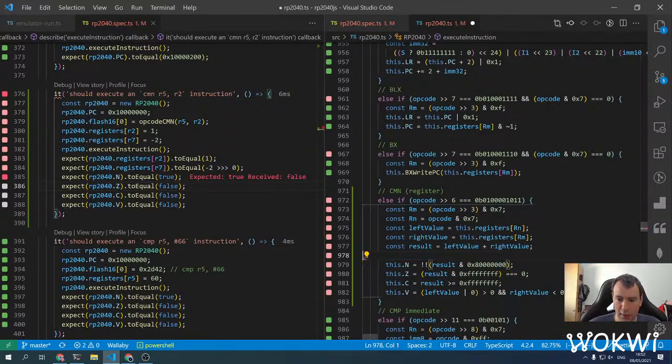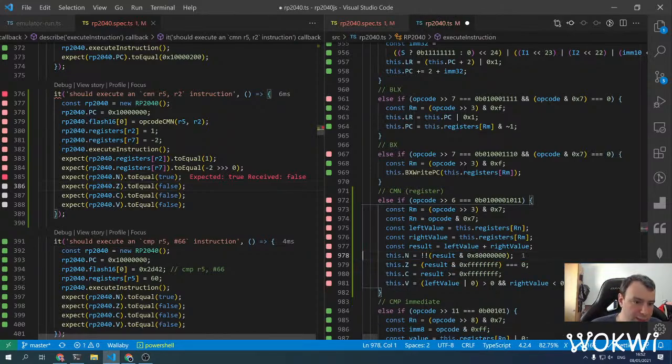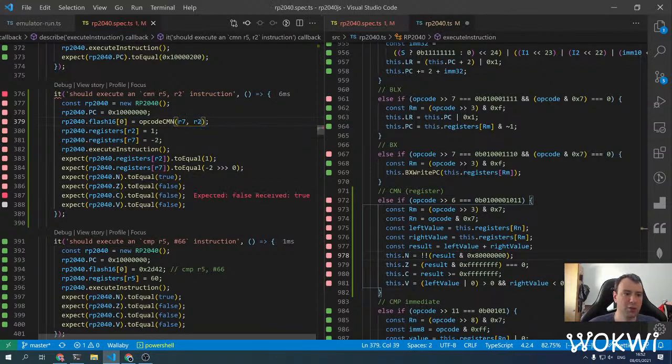Oh, yeah, I can see why. We are adding the wrong registers. It should be R7 and R2 and not R5 and R2. And there is a carry here. Why is there a carry here? Actually,